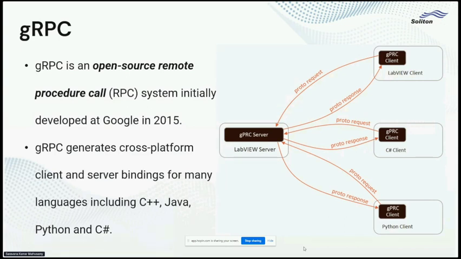The client can request something from the server and send some data, which is called a proto request, and the server can do the functionality and respond back to the client giving the data, which is called a proto response. And any number of clients can connect to the server. So it's more like a server client communication. It is cross platform: the server can reside in any programming language, and the client can reside in any programming language. They need not be the same programming language. gRPC takes care of transferring the information between the server and client.